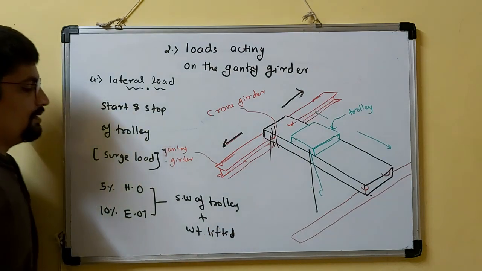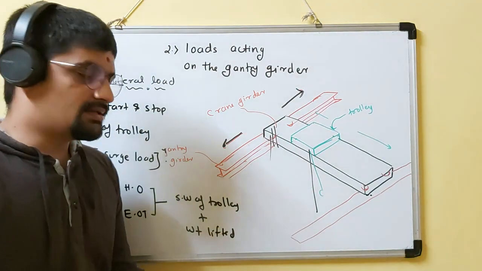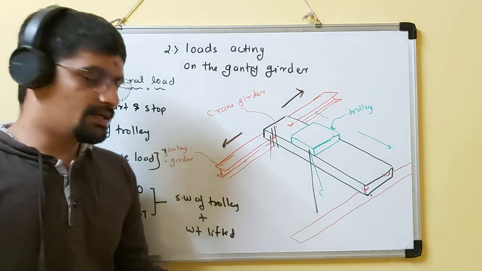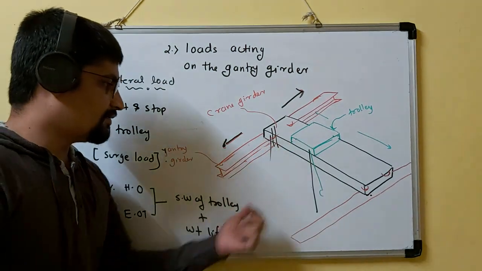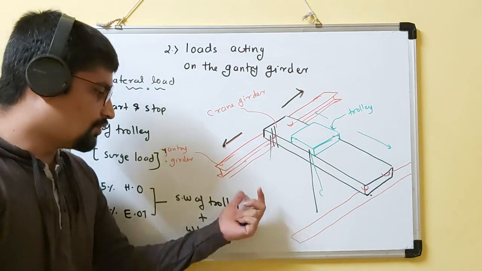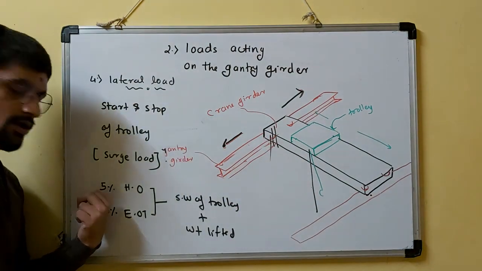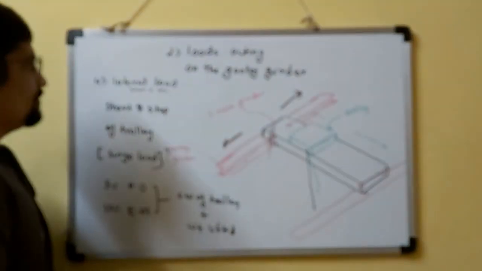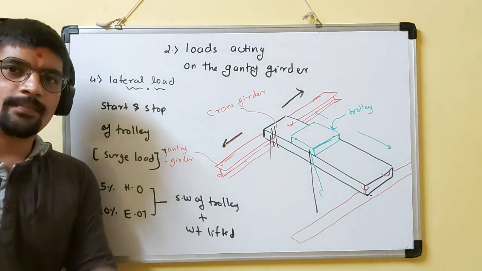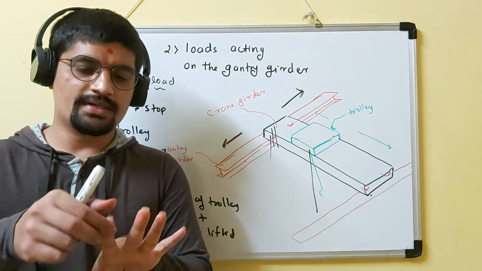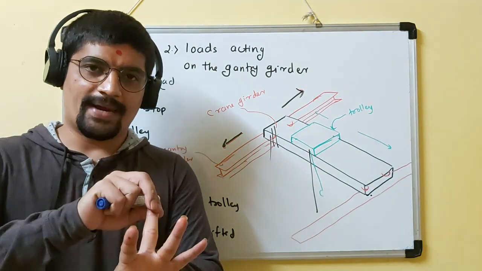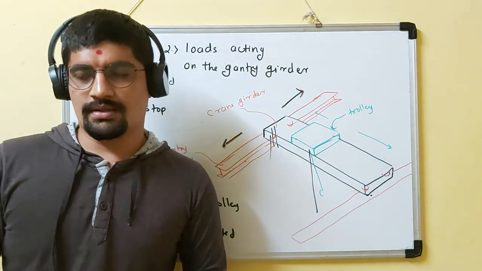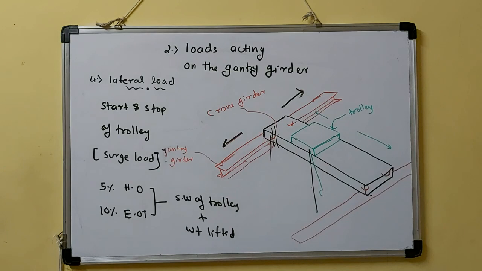So the self weight of trolley and the weight lifted by the hook, the combination of both, 5% for hand operated and 10% for electrically operated. So these are the 4 loads occurring on the gantry girder. First one is vertical load, second one is impact load, third one is longitudinal load, and fourth one is lateral load. Then moving towards the last topic of today